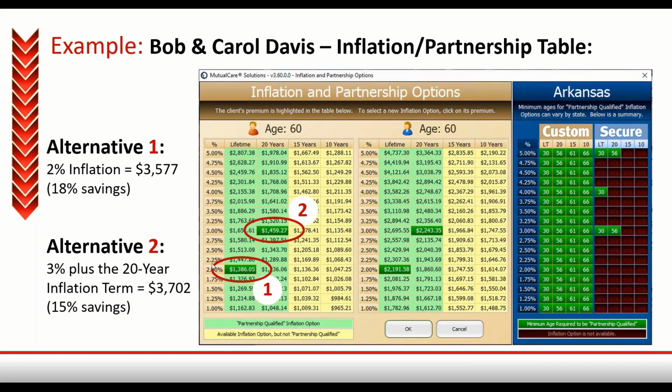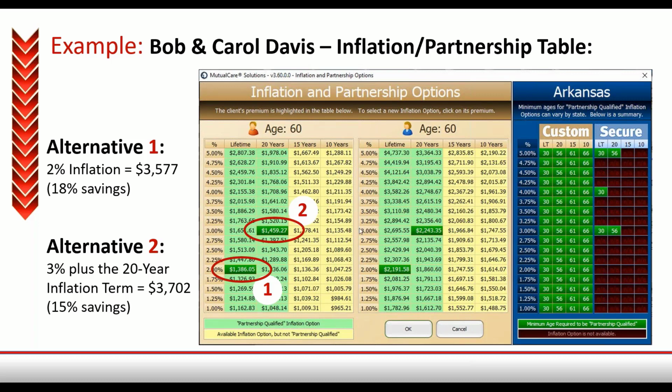If you, in the software, hit the pick inflation, this screen will come up and show you all the other alternative prices. And it also shows you which inflations are partnership qualified. And if you see, the custom has a lot more inflation options that qualify for partnership than the secure does.